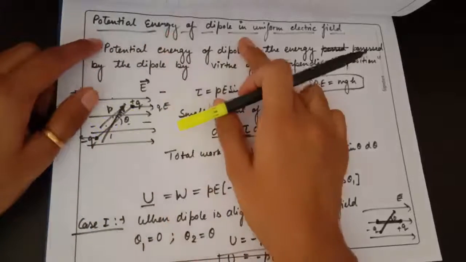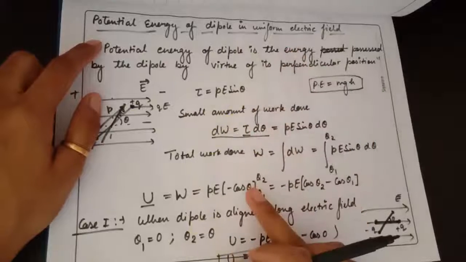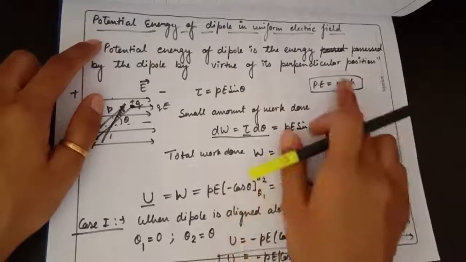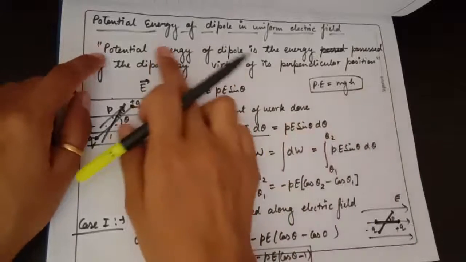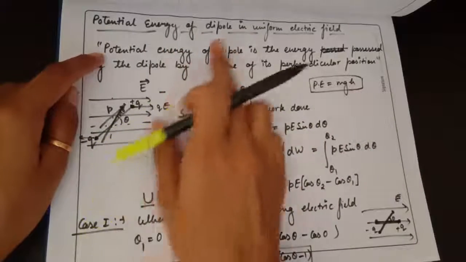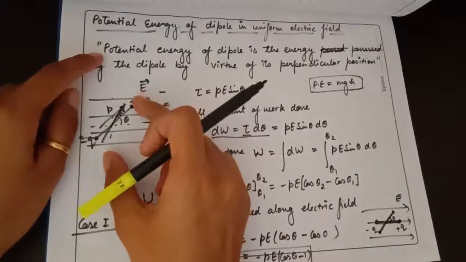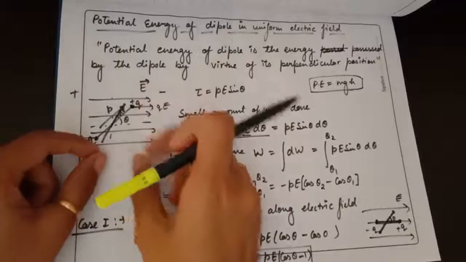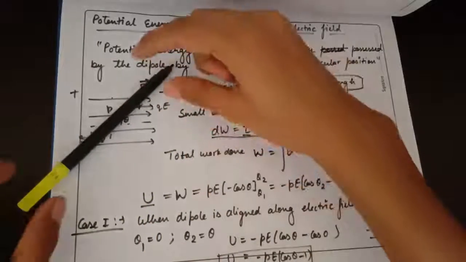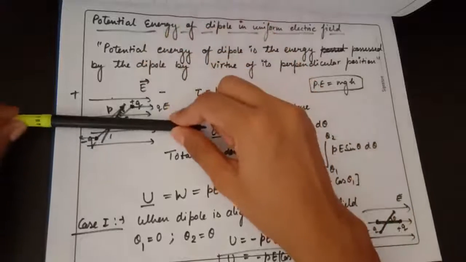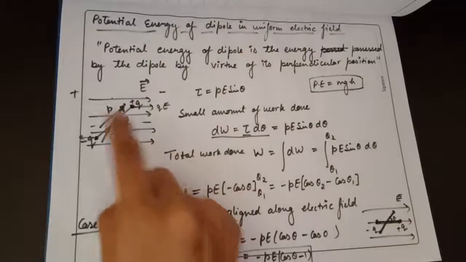This is potential energy of a dipole in a uniform electric field. As you know, we have already studied in mechanics what potential energy is. Potential energy is mgh. So what is the potential energy of a dipole? If you place the dipole in any electric field, you have already seen it experiences a torque. It means if you place it like this, it will try to rotate. It will try to align itself in the direction of E. As you know, this is the direction of the electric field.